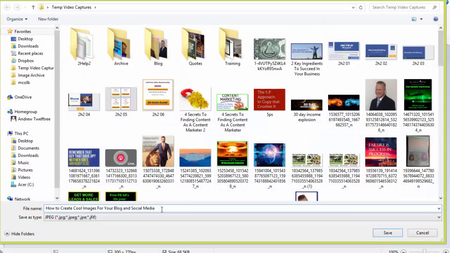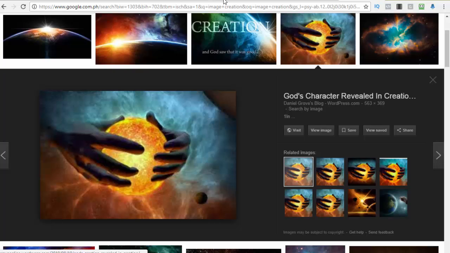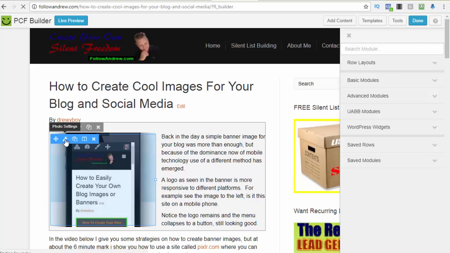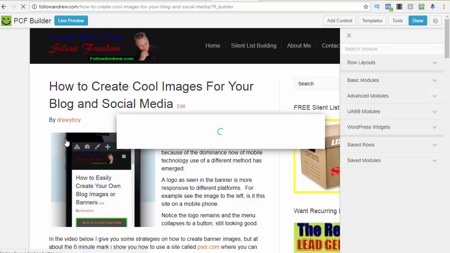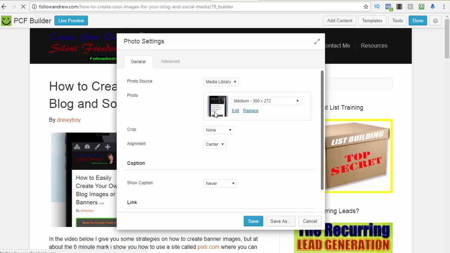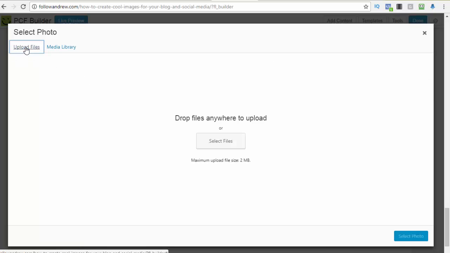and we'll just put 01 on the end because that's the name of the blog post, and I've already got the featured image as that. So we'll save, we'll close that, we'll come back to our blog post. So we'll click the settings on the image and wait for the little pop-up. And then we'll go, we want to replace this image, and we want to upload the image that we just